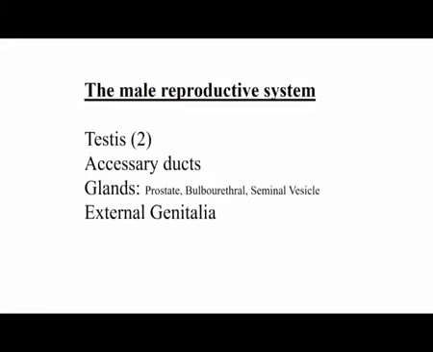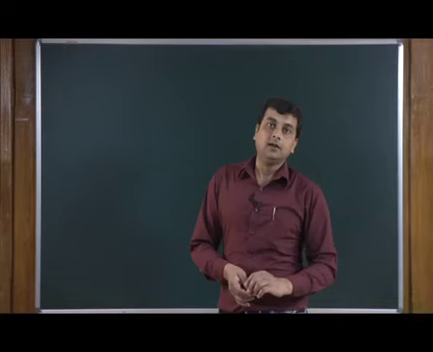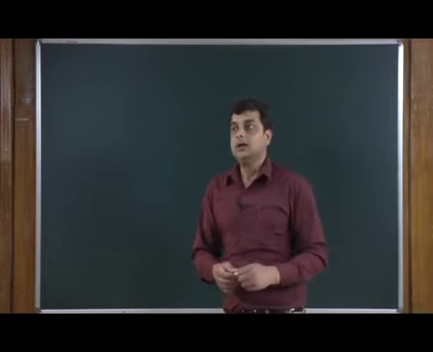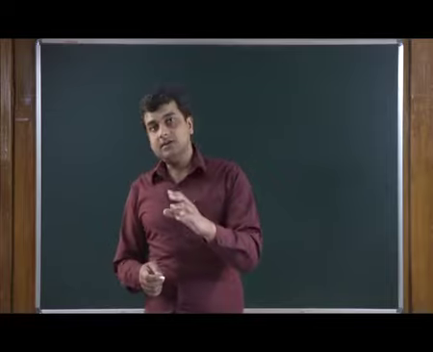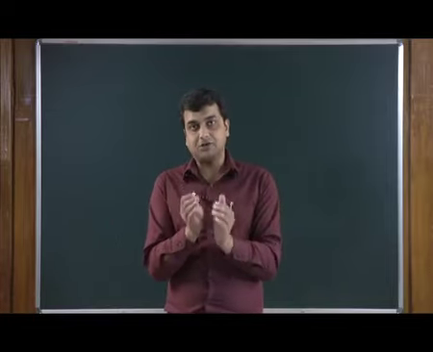These are the distinct organs, ducts, glands, and some of the organ systems associated with the male reproductive system: a pair of testes, accessory ducts, glands that include the prostate, bulbourethral gland, and seminal vesicle, and then the external genitalia in the form of the penis. These are the male reproductive system parts in human beings. Before moving into the female reproductive system, let us see the basic internal picture of